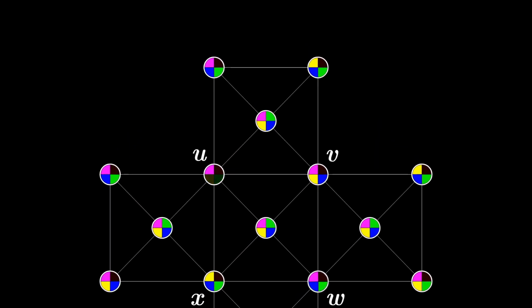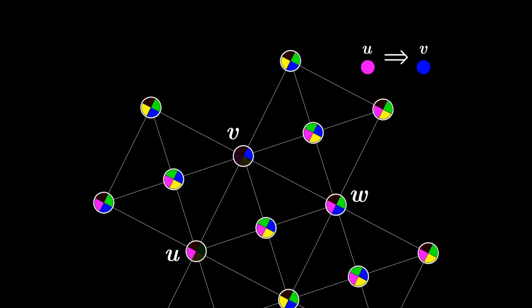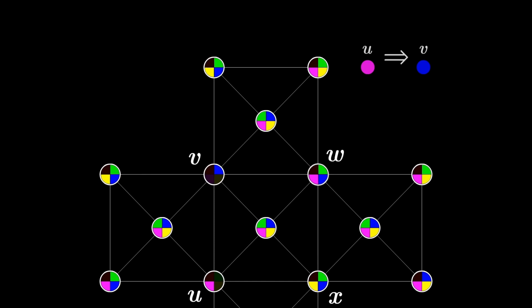Let's assume we choose magenta for vertex U. Then we can see we are forced to choose blue in vertex V. Otherwise, if we choose yellow for V, then no matter which colors we choose in the other 2 vertices, the 4 vertices of the top square will have 4 different colors, and therefore it will not be possible to color the central vertex of the square. So, assuming we chose magenta for U, we have that V must be blue.